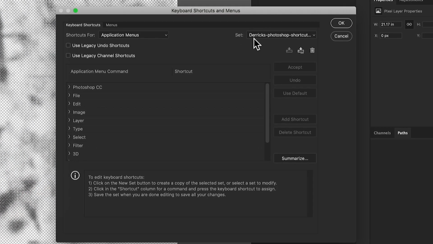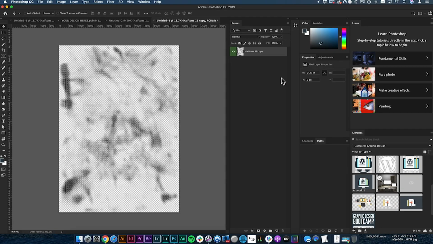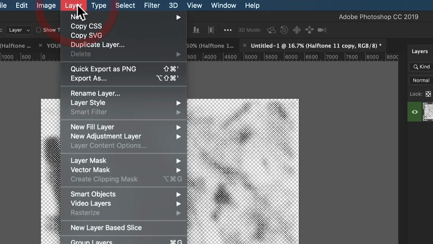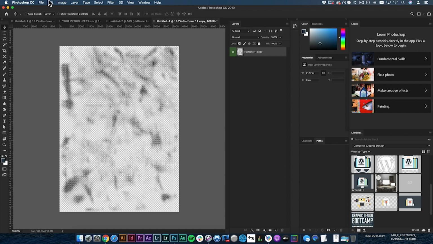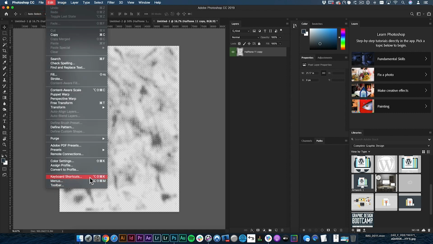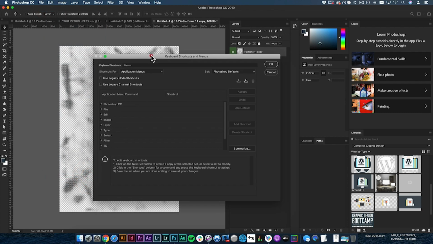And I have my own set of shortcuts that I've saved. But if I put this back to the Photoshop defaults and I click OK, and I come back up to this layer, duplicate layer, there is no shortcut for this. So this was a shortcut that I actually created so that way I can quickly jump cut layers to other files. So what we're gonna do is come back to Edit, come down to Keyboard Shortcuts,